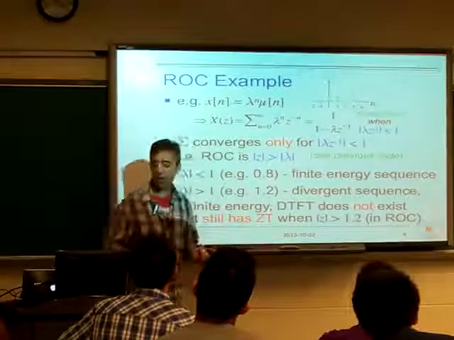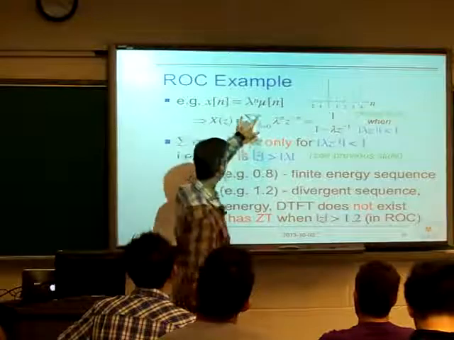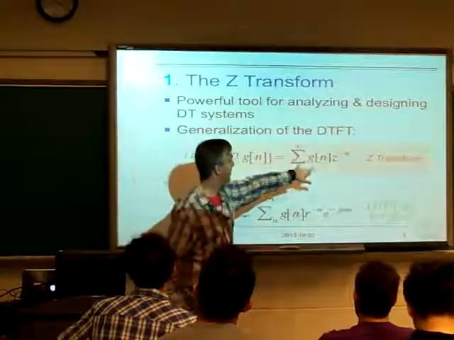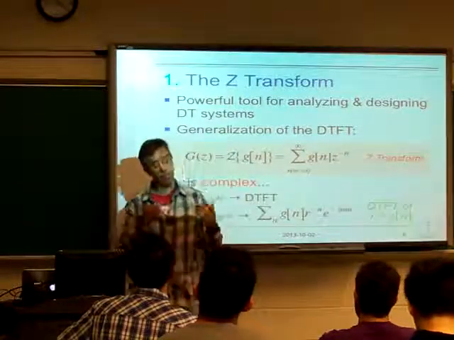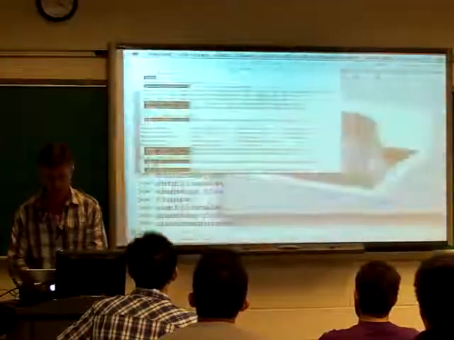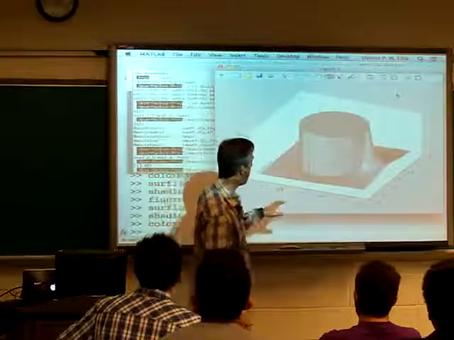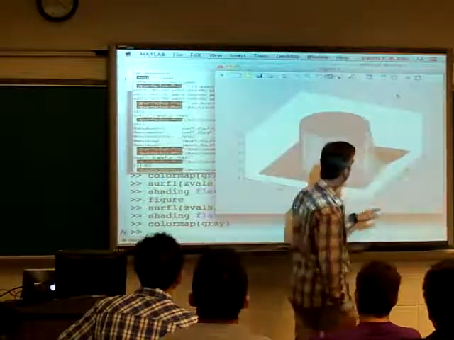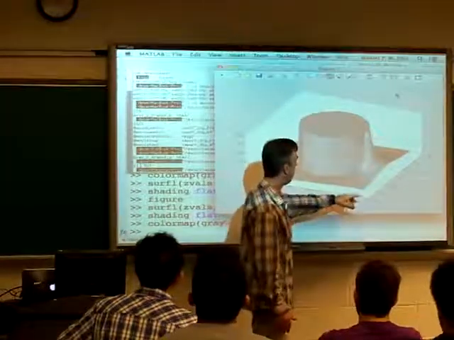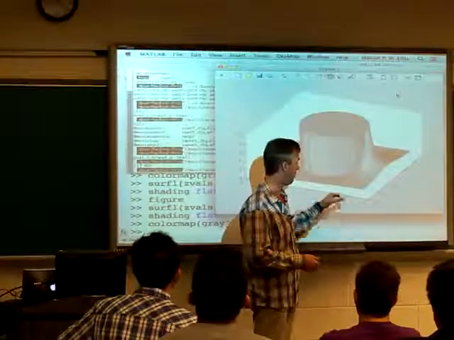And so we tried to evaluate this expression, for some finite length g of n, which was an exponential sequence, and we did it in MATLAB, and we got something that looked like this. So here's my z-plane. This is the imaginary axis. This is the real axis. So any point on this ground plane gives me some particular value of z with a real part and an